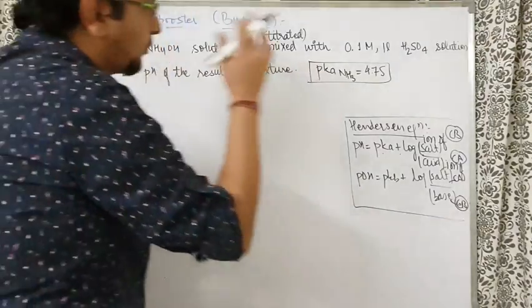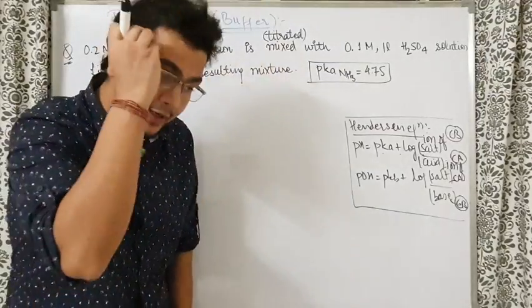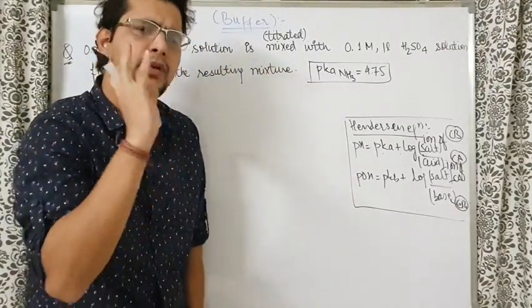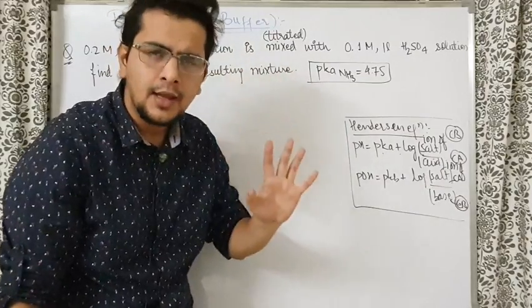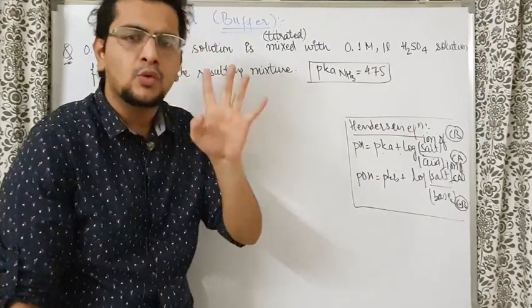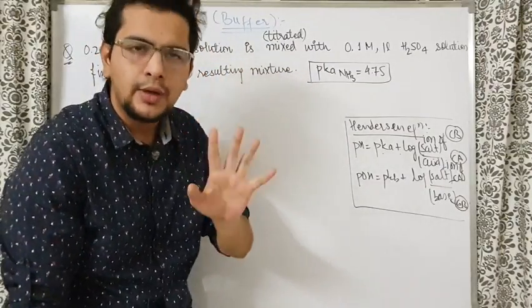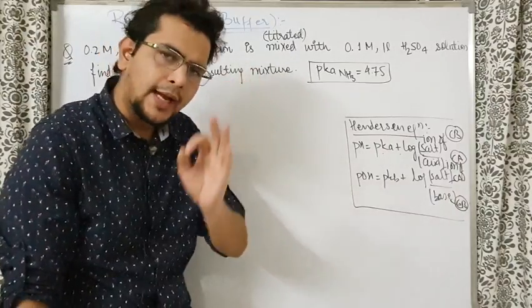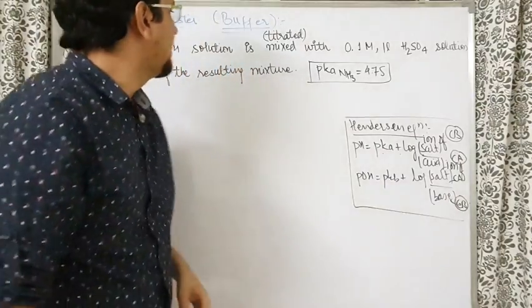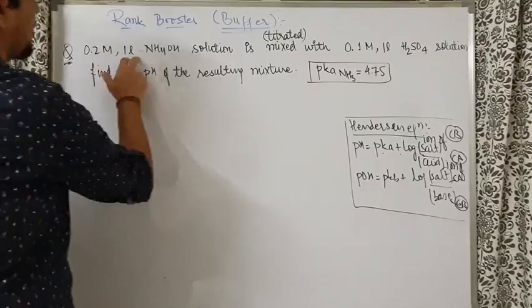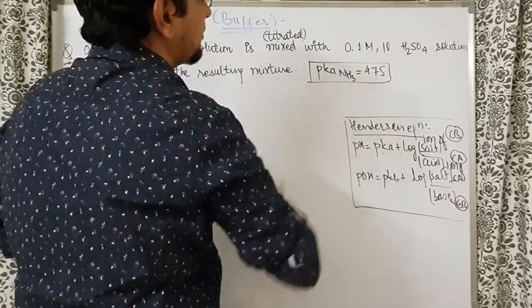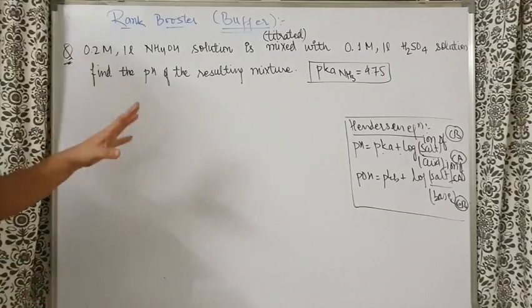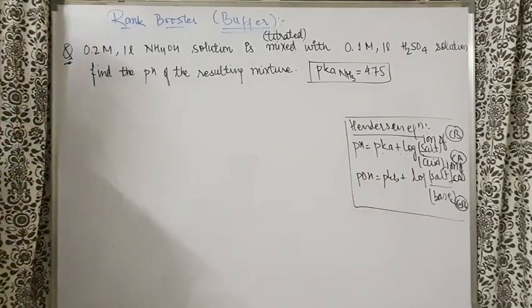Okay, people are afraid of one more thing. Titration. The word titration, it's their nightmare. For many students, the word titration is a nightmare. As soon as titration comes in the question, they leave it. Understand now, from today onwards, titration for you is nothing but reaction. So titration means reaction for you now. So the question can come: 0.2 molar 1 liter ammonium hydroxide solution is titrated against 0.1 molar 1 liter H2SO4 solution, find the pH. Both ways the question will be solved in the same way.